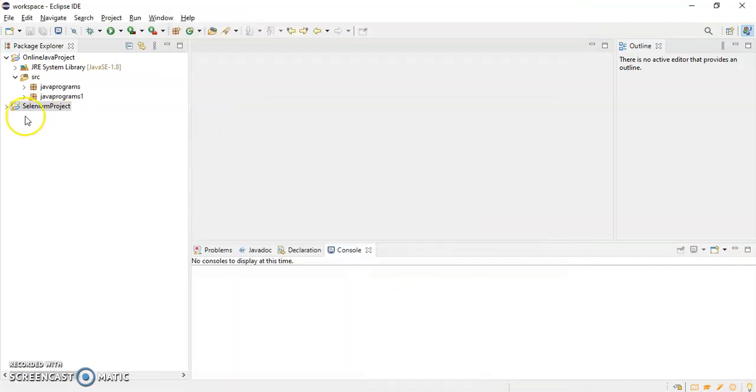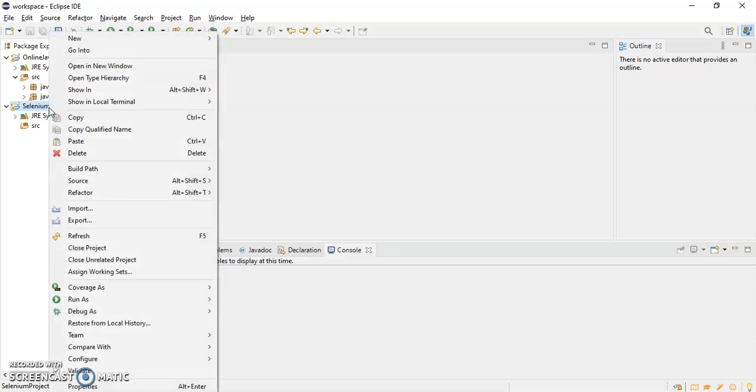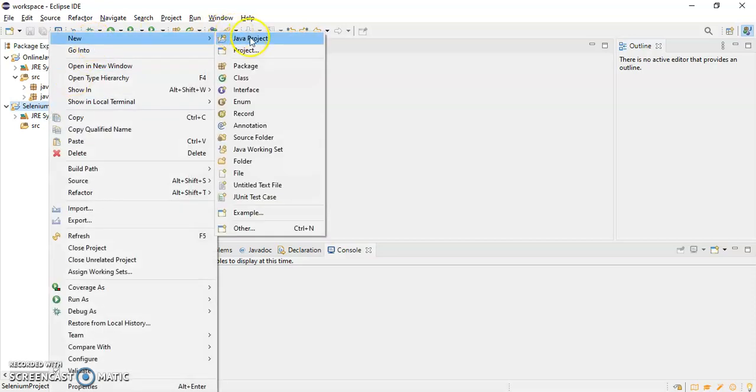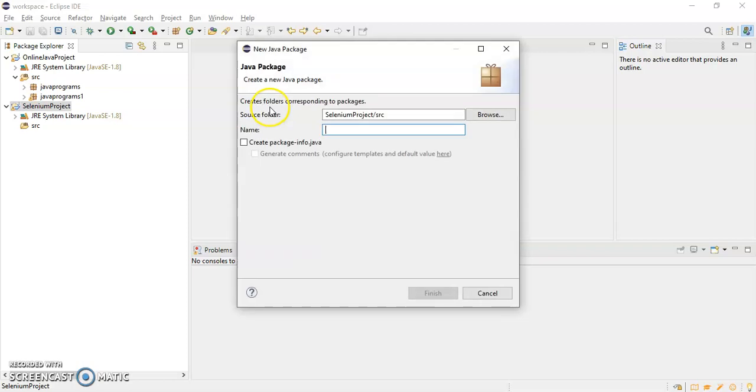So now I have created one Selenium project. Under this I'll create one package. So right click on this particular project, go to new, create one package. I'll name it Selenium package.